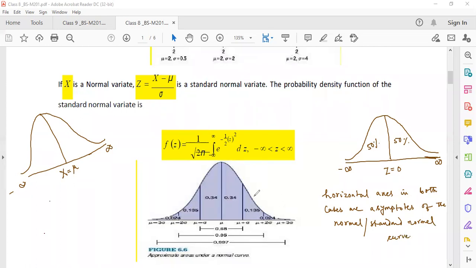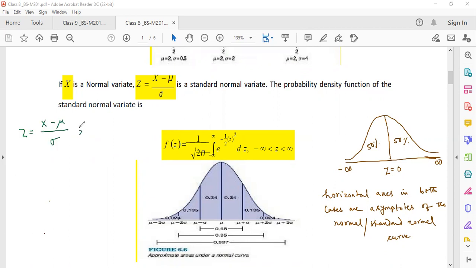Now, you can see that in the probability function f(z), this sigma isn't present over here. So is it a mistake? No, it is not a mistake. So I'm going to show you why this sigma is not present here. And I'm going to do the calculation on the left hand side. Since we have defined the standard normal variable by this,